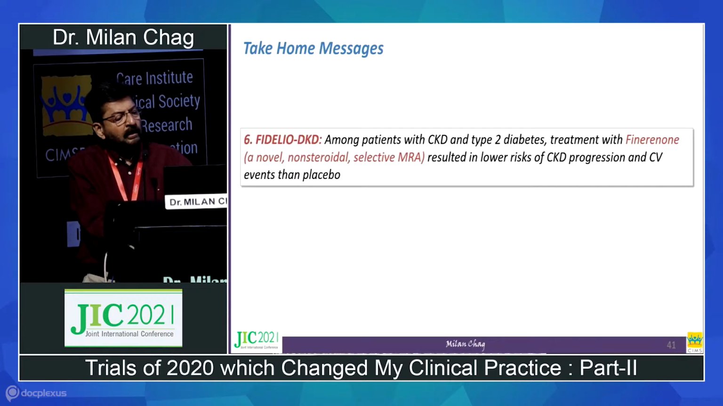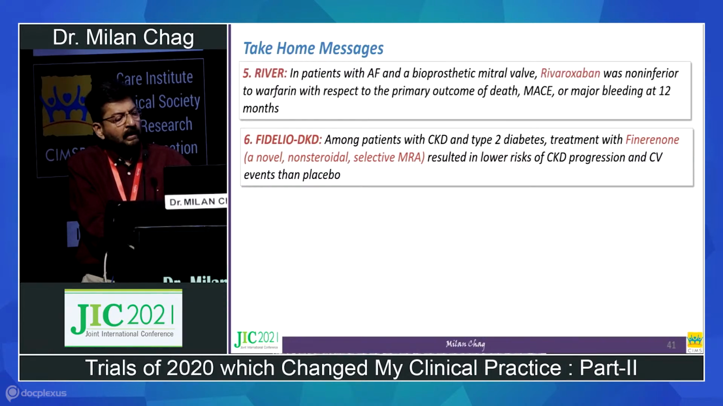In the FIDELIO-DKD trial, if the patient has diabetic kidney disease and you give this new molecule, finerenone, then your renal outcome is better, CV outcome is better, you reduce mortality. In the RIVER trial, we have seen that if the patient has AF and a biological mitral valve, if you give rivaroxaban, there is no need to give warfarin, you are reducing the risk of bleeding without increasing any ischemic, thrombotic or embolic